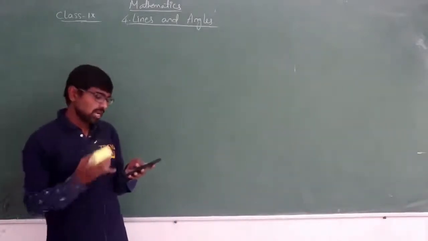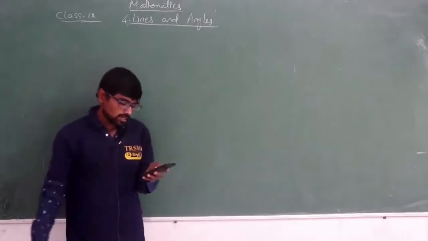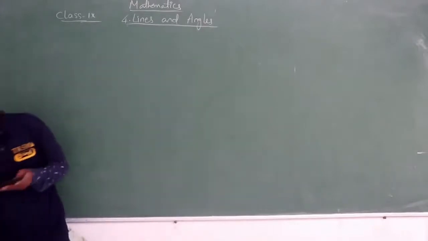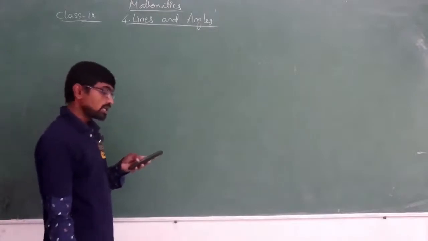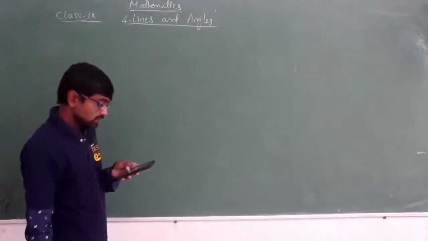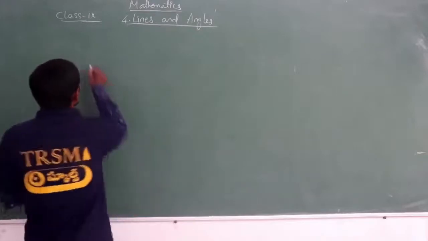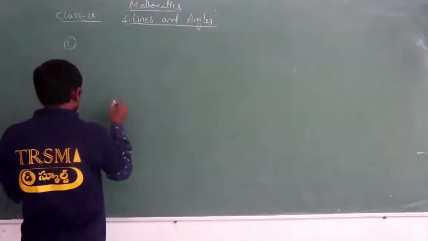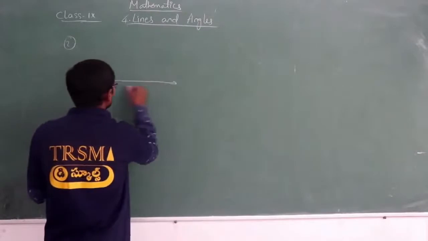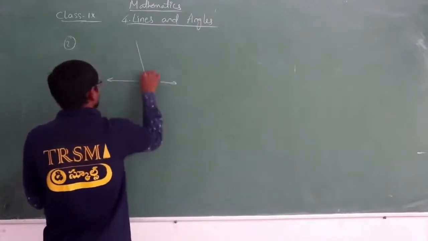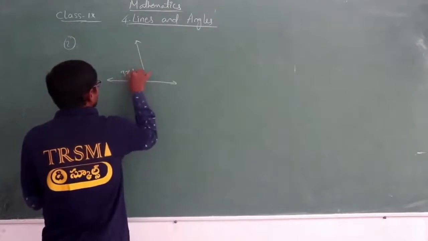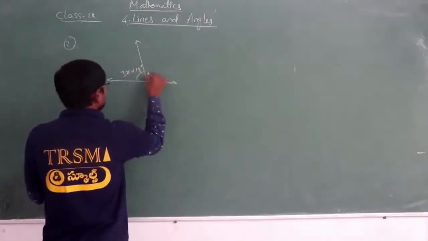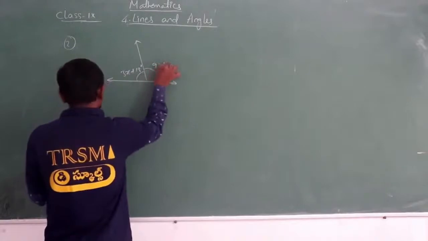Okay, similarly, you have different questions asked in your textbook. If you take example question number 2, he asked to find the value of x. So you can take the first one. Here I am just drawing the diagram and explaining to you. You just try on your own. Basically I am explaining this question, okay. 18 degrees, and here I have totally 93 degrees.